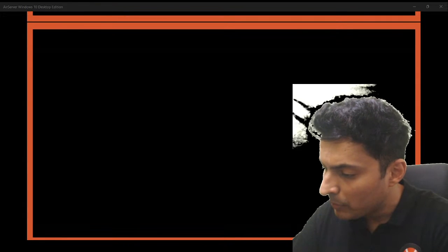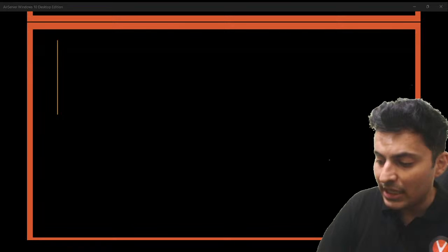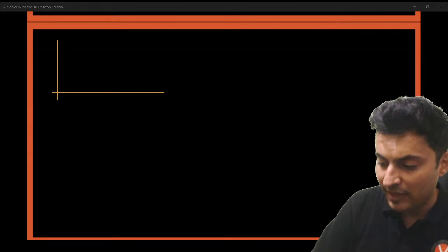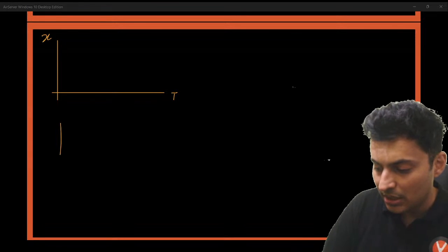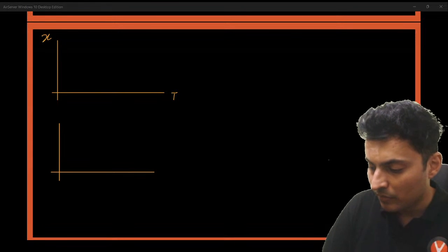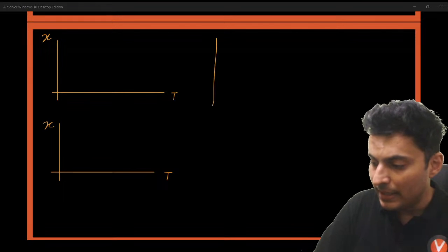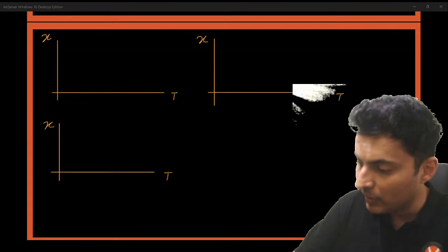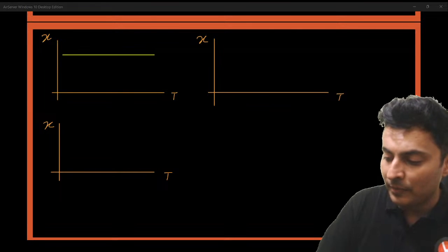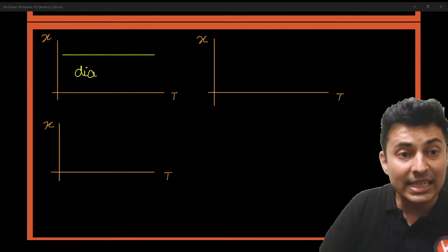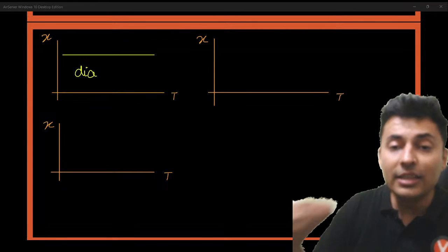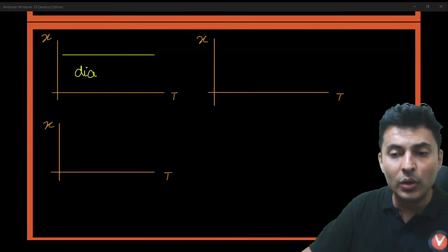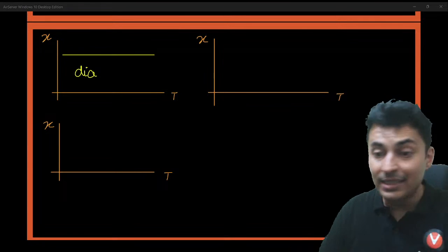Next is how temperature affects each of these materials: susceptibility versus temperature. A very, very important graph. If it is a diamagnetic material, it is a straight line, meaning it is not going to be affected no matter what you do. That's why it is a straight line.